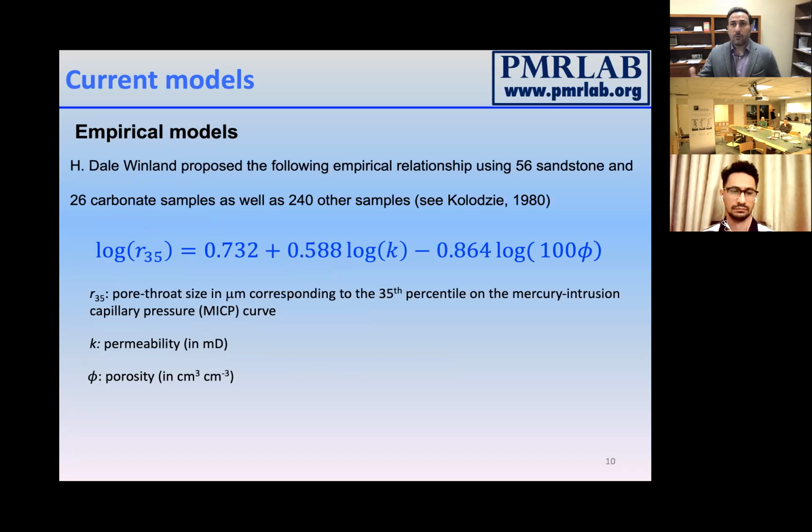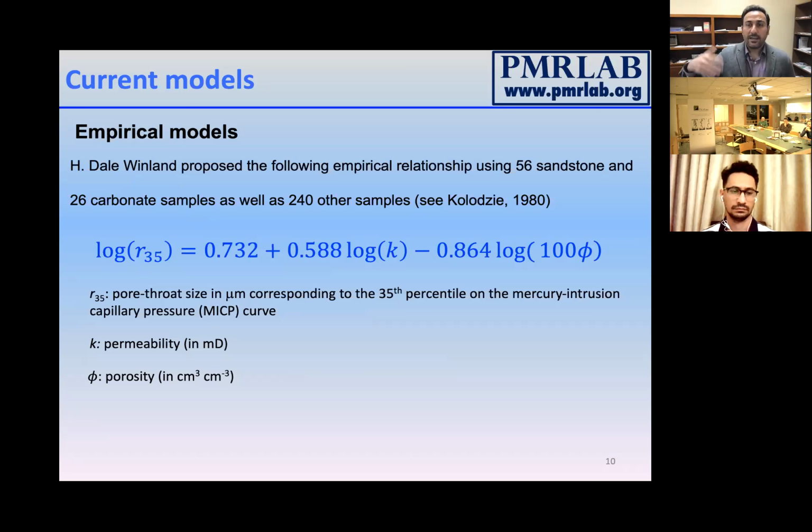One of the empirical models that has been proposed before was developed by Dale Winland, who was working at Amoco back in those years, and he didn't publish his results. He wrote a report, and his colleague Stanley Kolodzie mentioned his work. Based on Winland,